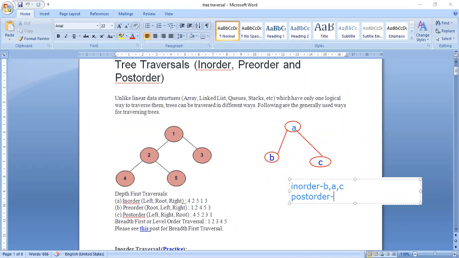Pre-order: first visit the root or parent node A, next the left child, next the right child.